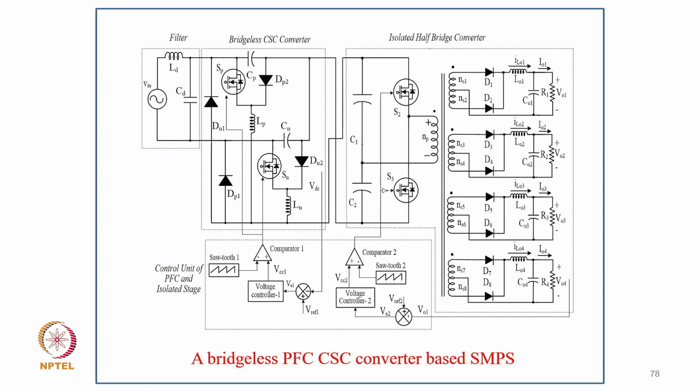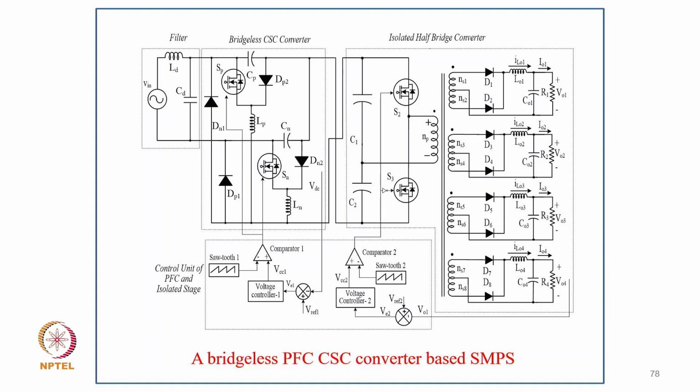Then again, of course, the second part of the switch mode power supply is not changed, that is, half bridge with the multiple output. So here also we get, you can call it, both the positive half cycle and negative half cycle converters. Because these are DC-DC converters, they can run, one connected in positive, another negative with opposite voltage, and that works well for power factor correction and for designing the inductors LP and LN in DCM. So their value is quite low.